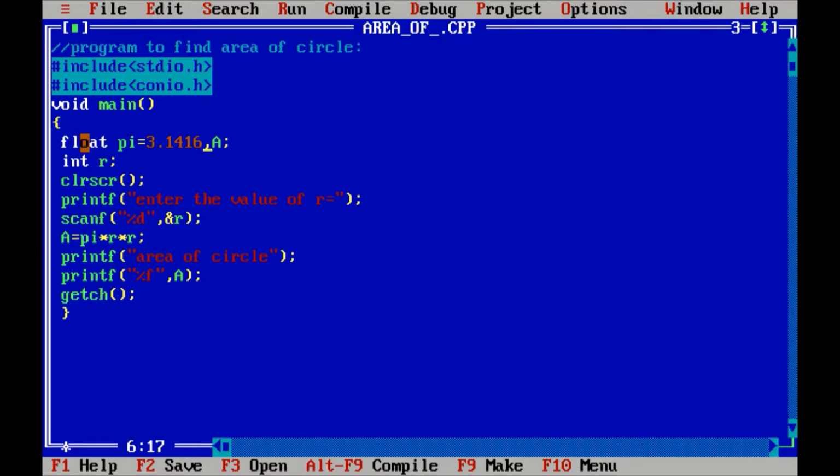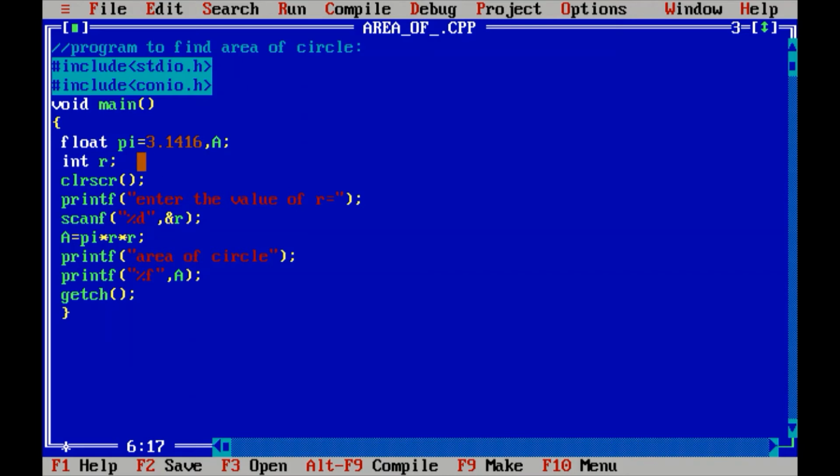So I have used the data type float, and at the end I want the answer to be as precise as possible. So I have given the variable A, which is used for getting my result at the end of the program, the same data type, float, because I want a precise result in decimal form. And int r, here r is for the radius of the circle.